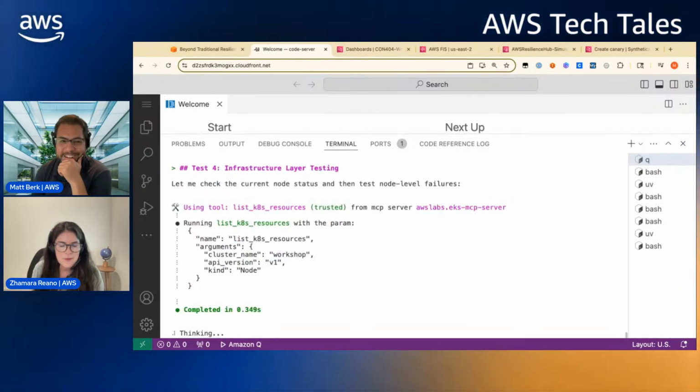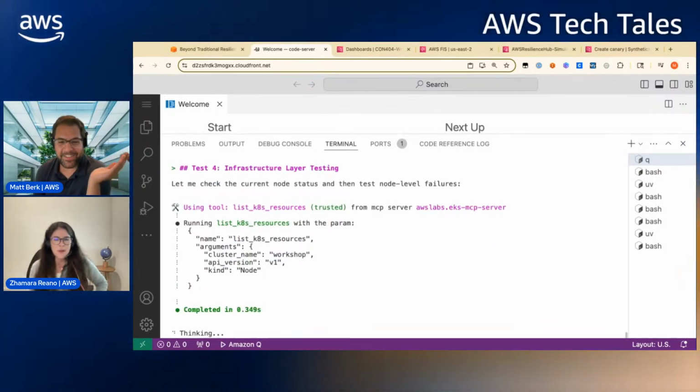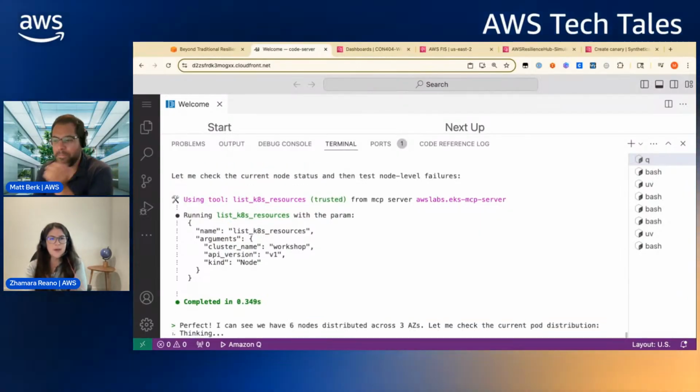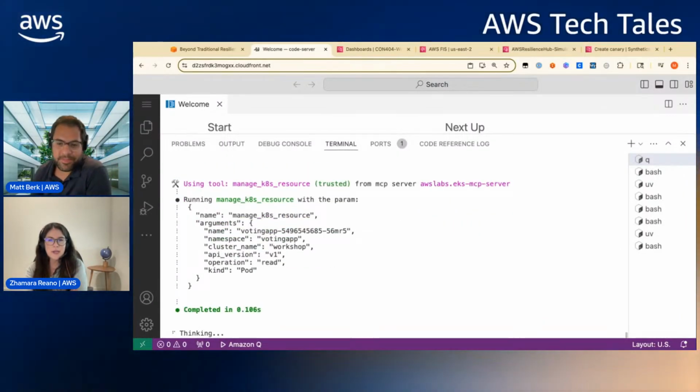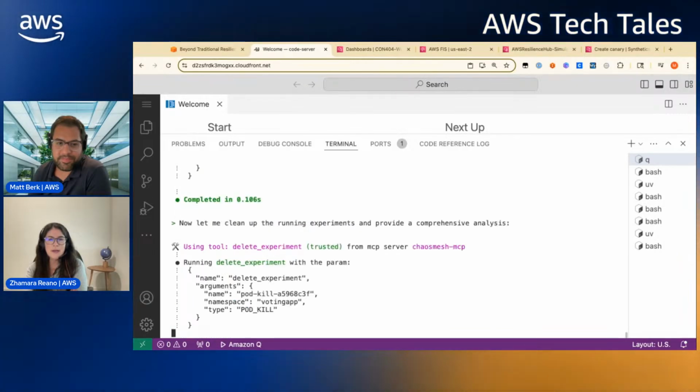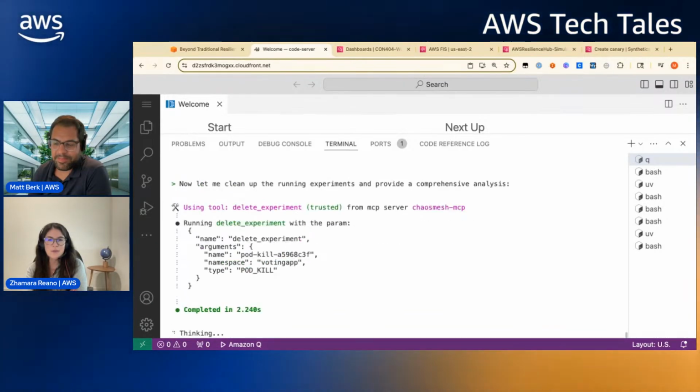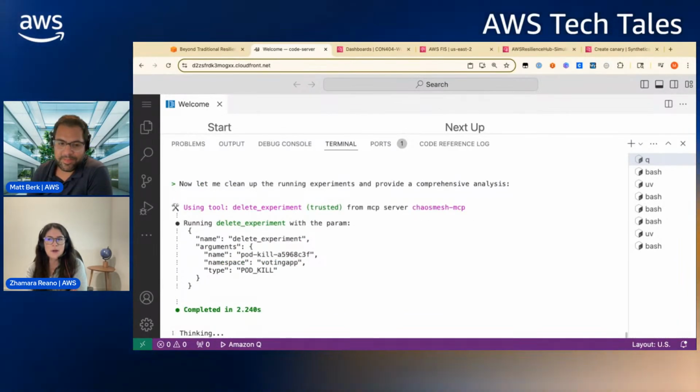So now it's doing infrastructure. Isn't this crazy, Zamora? This is your first time looking at Q, right? Yeah. I have used it in other areas, but not like this. So this is pretty interesting because